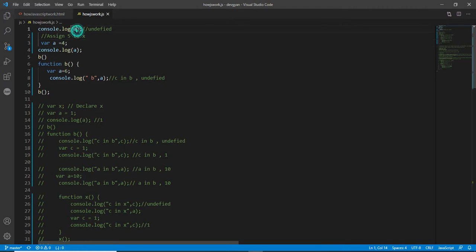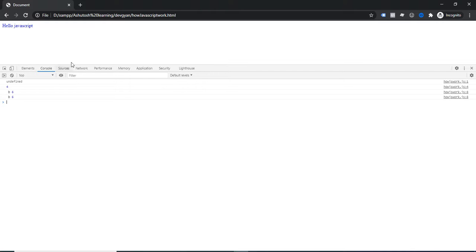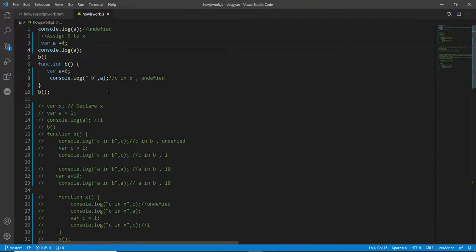That's why the value of a at line number 1 is undefined. At line number 3, a becomes 4. So now the a value changed from undefined to 4. At line number 4, the value of a will be logged as 4. So you can notice undefined and 4 are available.